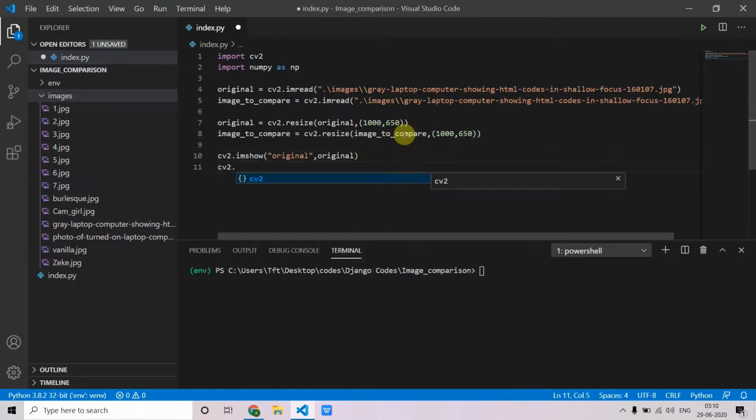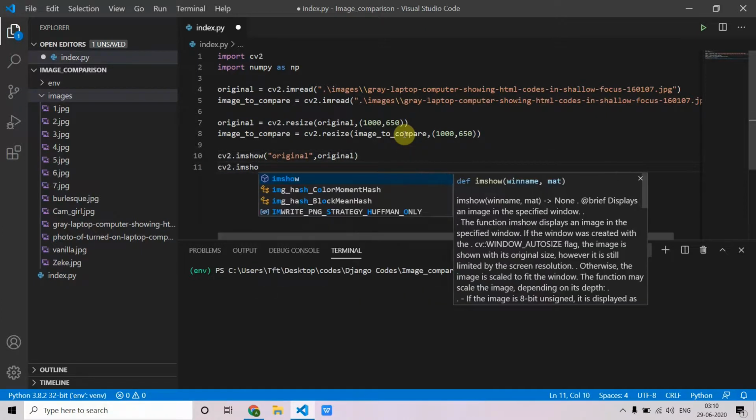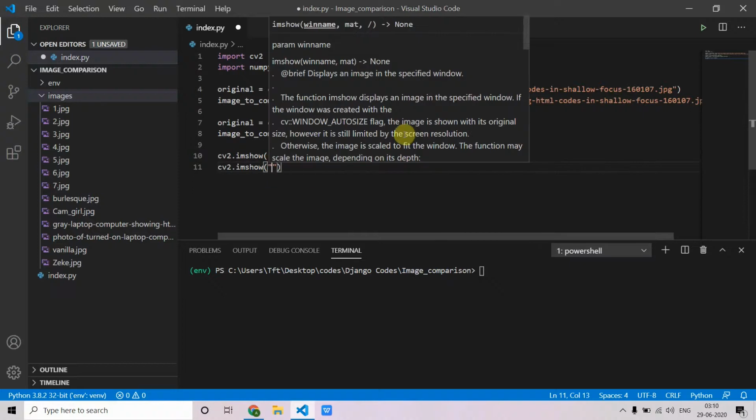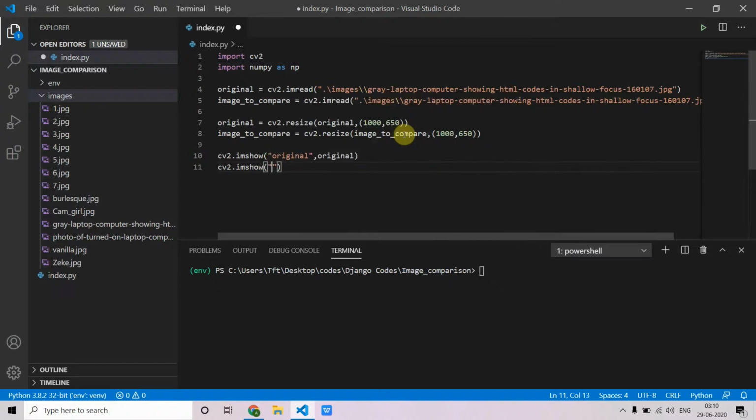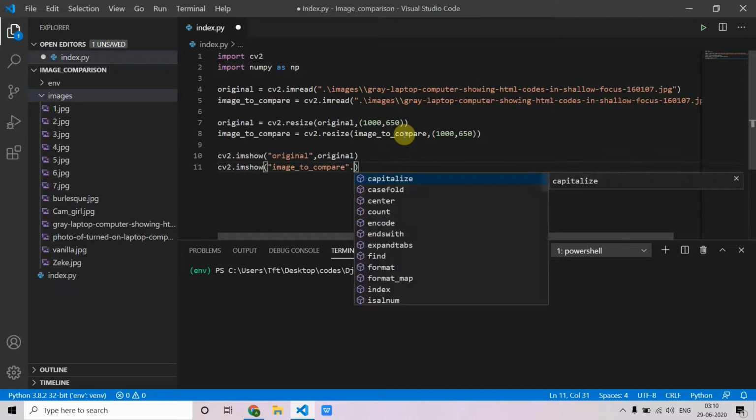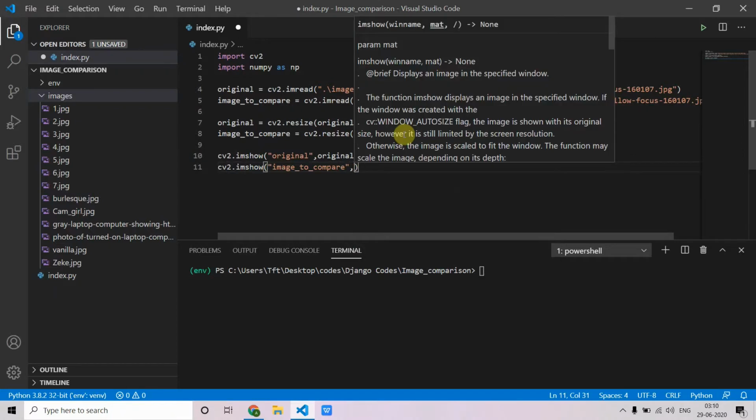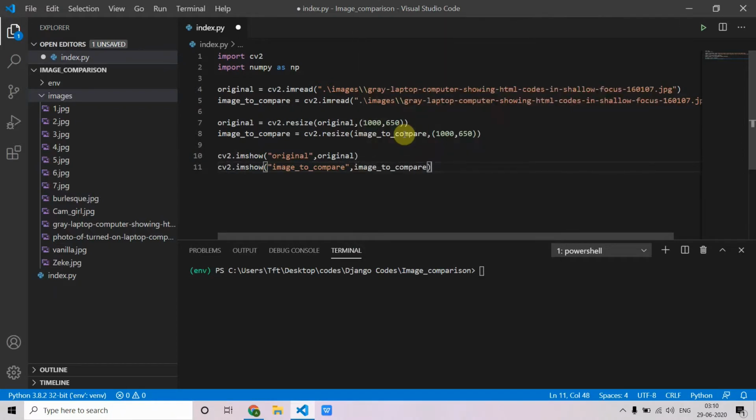Do it for the second one also, image to compare.